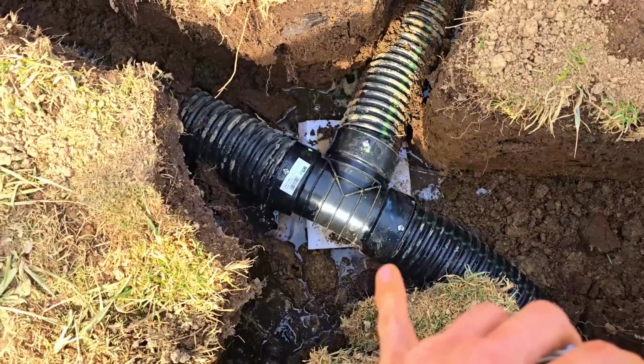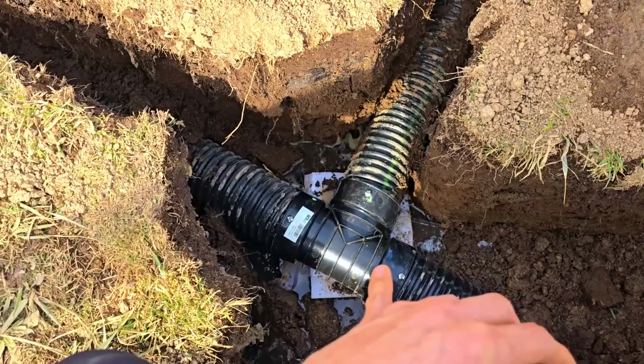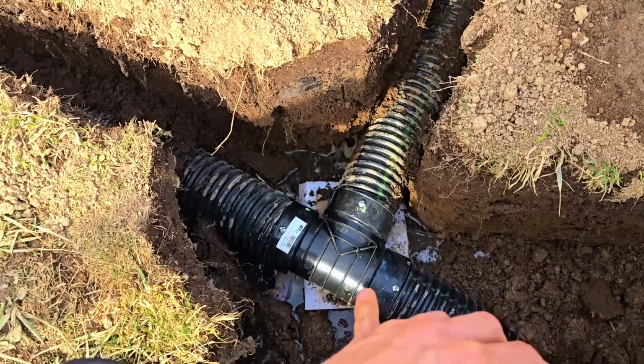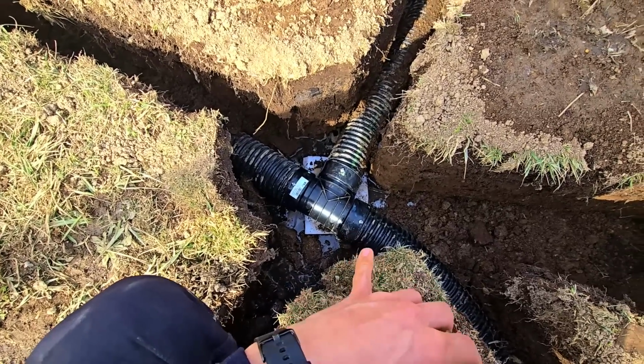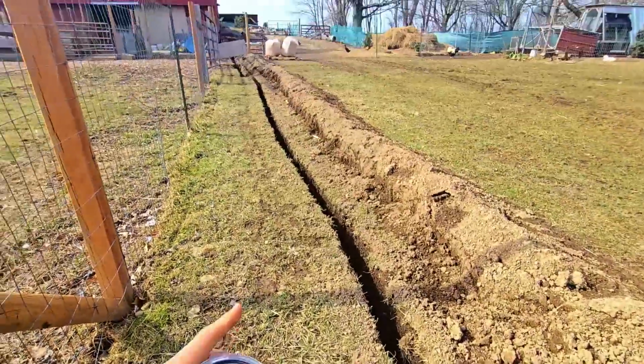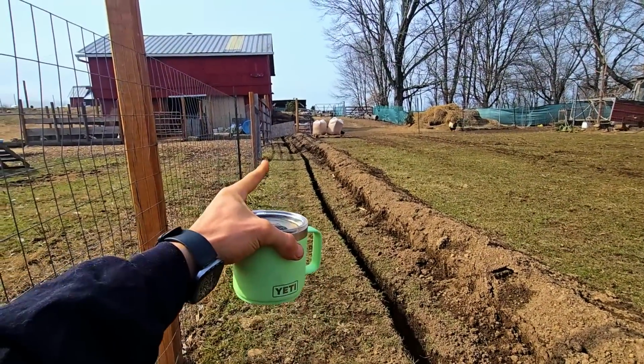But this is all hooked up in here. I have a hammer arrestor inside this bucket, and then I stuff some insulation in a plastic bag and stuff that into the bucket. That way if we ever have to get in there and replace that hammer arrestor, it'll be easy to clean that bucket out. Now the hammer arrestor is for long runs or quick shutoffs. So all the water's in the pipe and it's going to be running to that open valve, and if you shut that off...